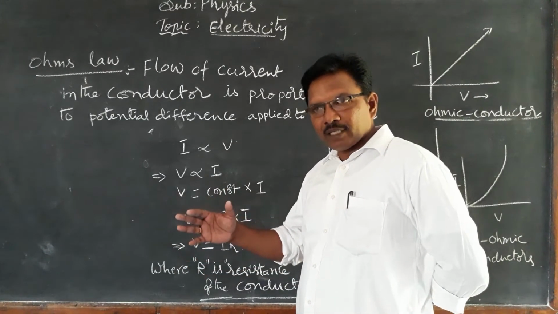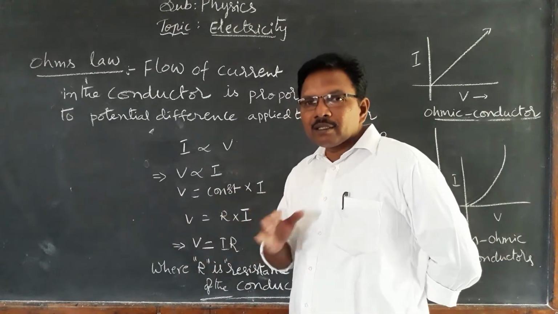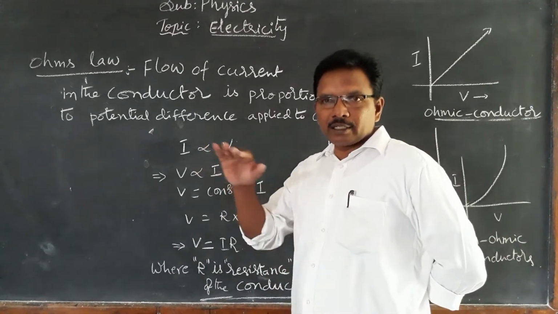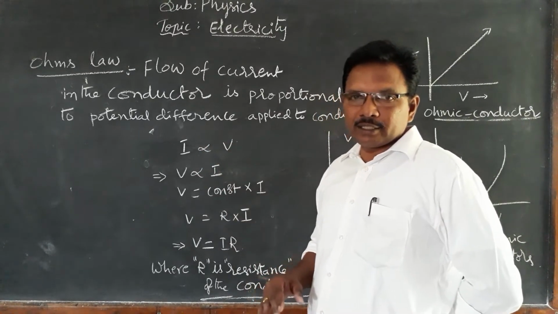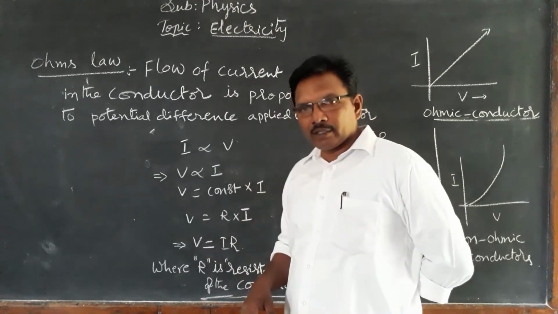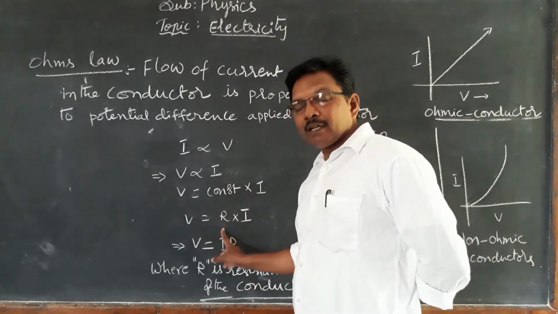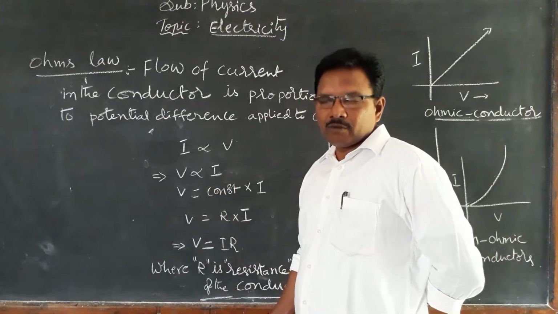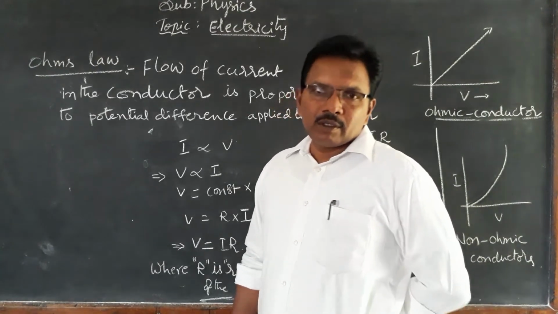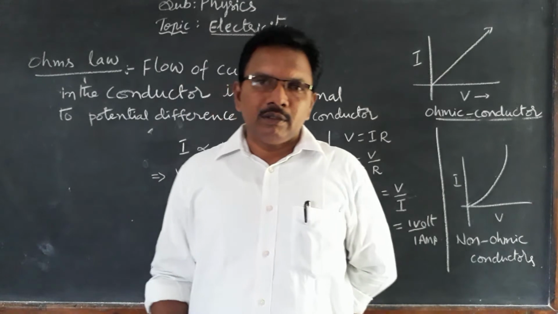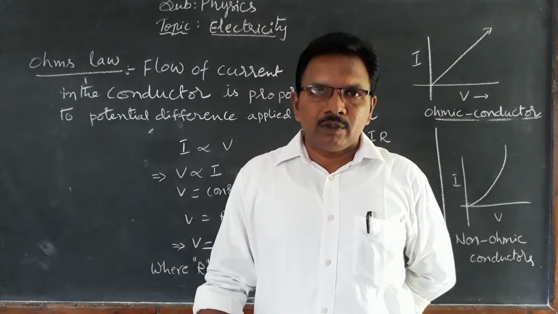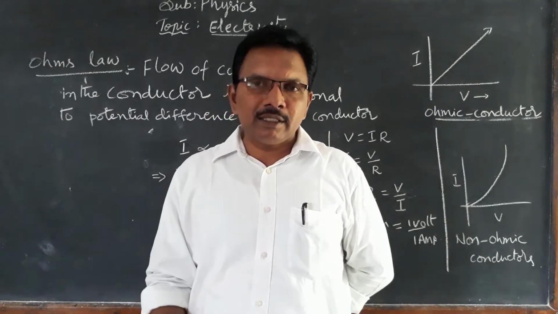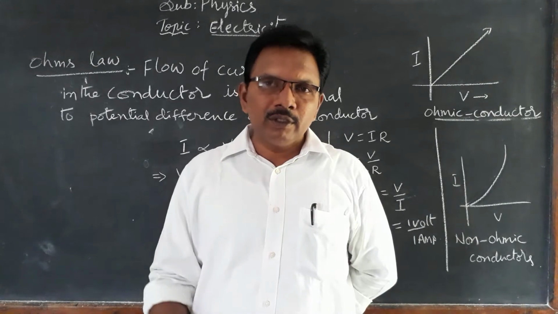The increase is the same in kind, but from conductor to conductor the level of increase is different. The increase in current in the conductor is not the same. It is different for different materials. It depends on the nature of the conductor, and the nature of the conductor is resistance. What is resistance? Every conductor has some resistance power. So it depends on its nature. Every conductor has some resistance.